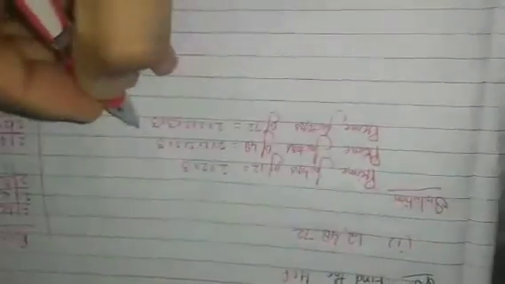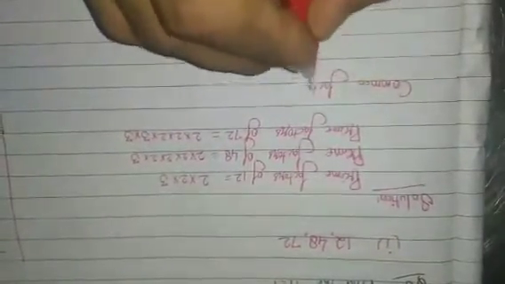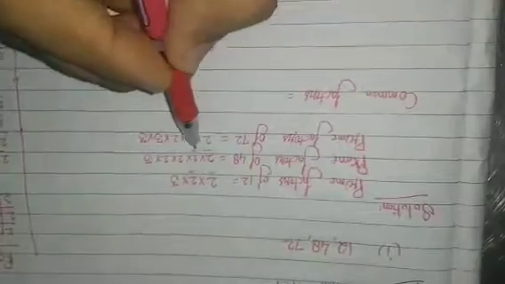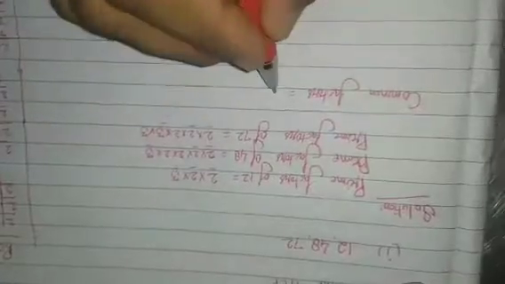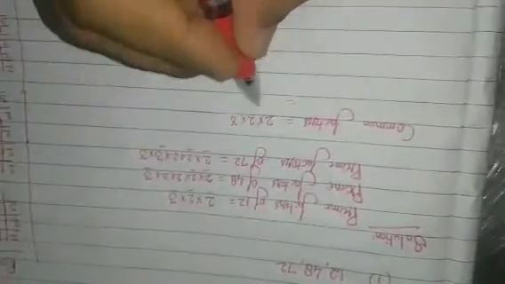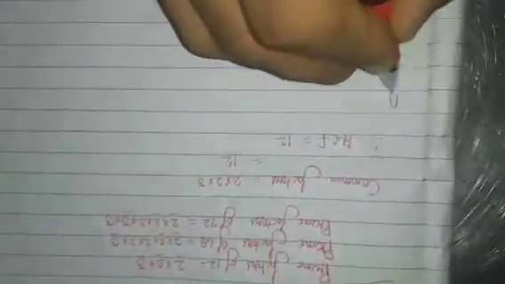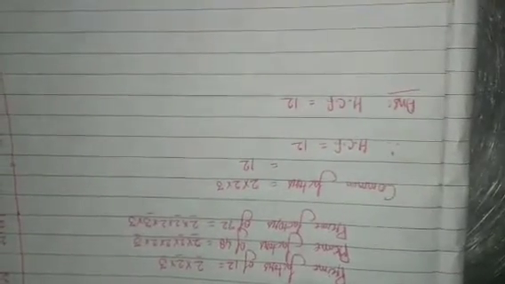Okay, so now here you can find out the common factors. So what are the common factors? You can see 2 times 2 has come. Here 2 times 2 and here also 2 times 2, and 1 time 3 has come. So these are common. You will write 2 into 2 into 3 and multiply it. 2 twos are 4, 4 threes are 12. Therefore HCF, the highest common factor, is equal to 12. So this is your answer, students. You will write the answer, HCF is equal to 12. Clear students? If you have any doubt then you can ask the query.